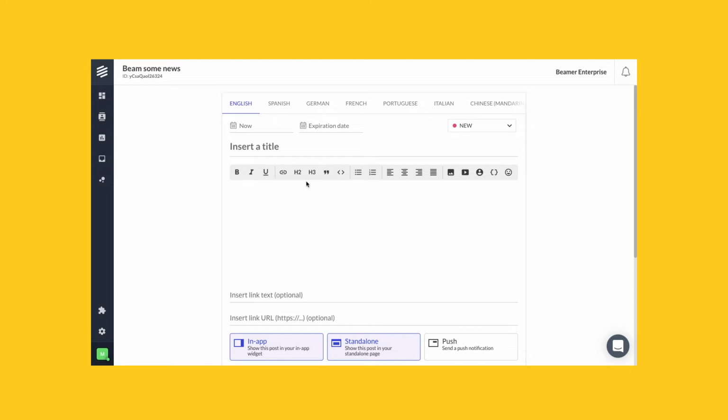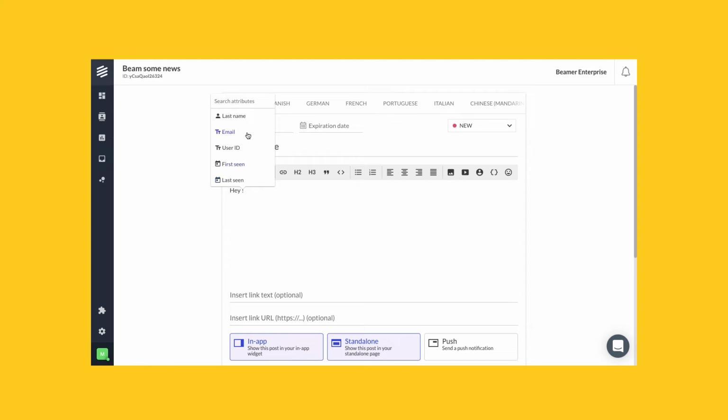For example, here I'm writing a new post. I'm in my post editor screen. And I want to speak to my users directly. And I can just write, "Hey guys." But what if I want to call them by their name? Well, I can change this and click on this icon, insert user data, and now I can pick any of